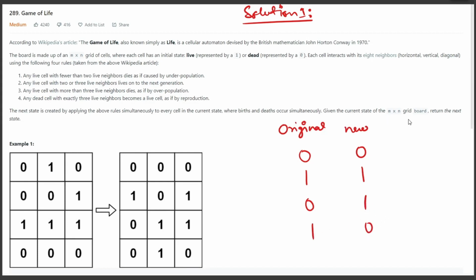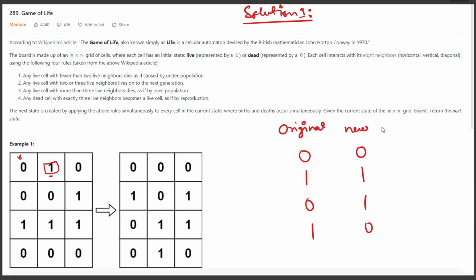So we have to mark each cell in such a way that we can see the next state using the previous state of the cell, not the updated one.